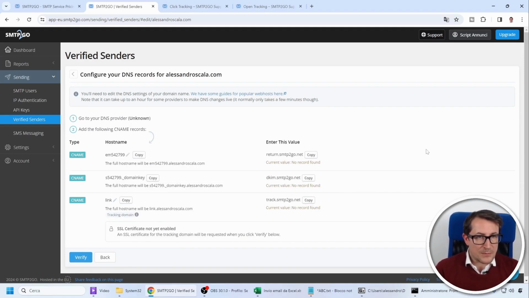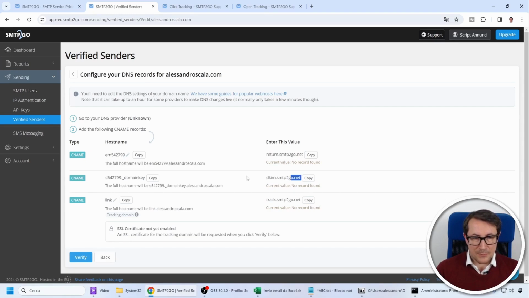At this point, it tells you to do one thing. You need to go to your DNS management for your domain and insert these 3 name records. So, you create a record with this key and this value.